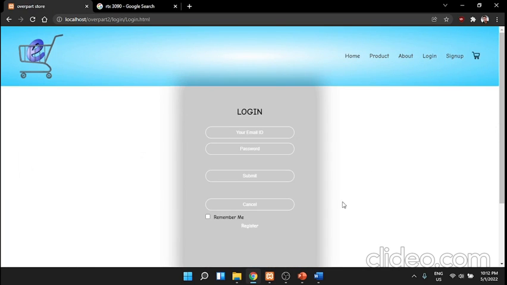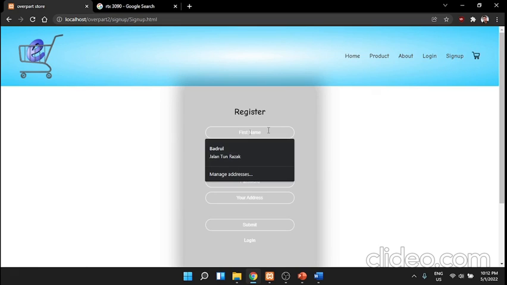The login page is where, if you have an account, you can just enter your email ID and password and submit, and you will be redirected to the full site. But since we do not have an account yet, we can just register a new one. For example, we just register